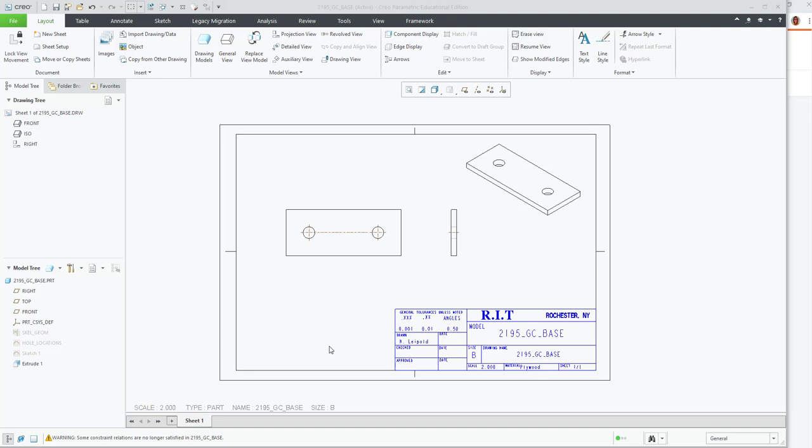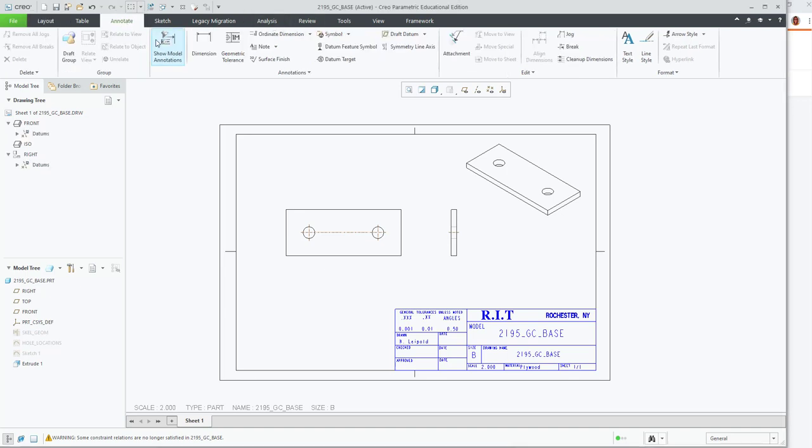Next, we're going to take our drawing of the base and we're going to turn on the dimensions. In the annotate ribbon, we'll use the show model annotation dialog. I don't want to use the dimension tool unless I absolutely have to. It's better to turn on the existing dimensions that come off of the part rather than to add the dimensions